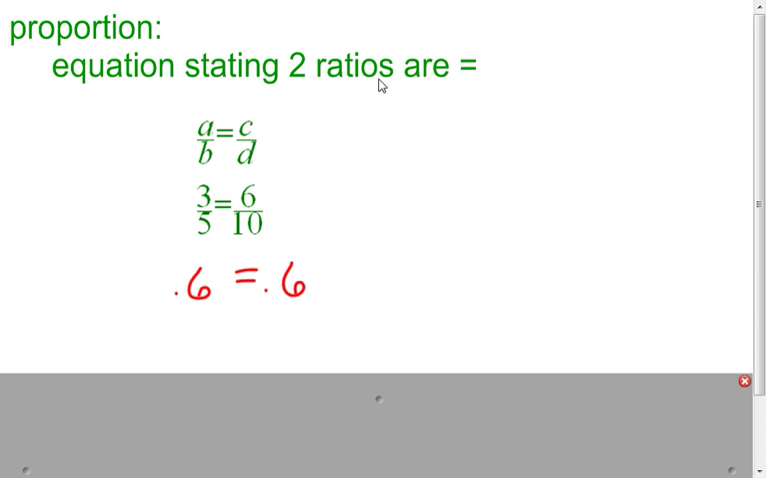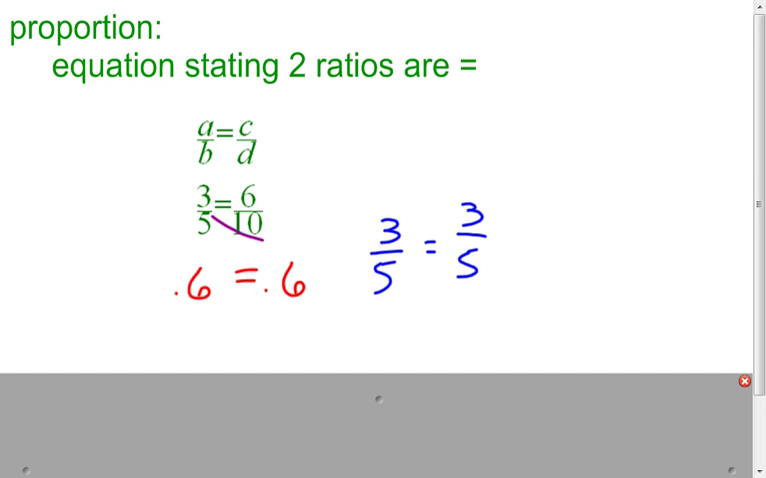Another way to do it would be, well, let's simplify them. If I simplify 3/5, there's really nothing to do. It's still 3/5. But if I take 6/10, I can simplify that. They're both divisible by 2. If I divide 6 by 2, I get 3. If I divide 10 by 2, it's 5. It's really easy to see that these two ratios are equal. Another way to look at it